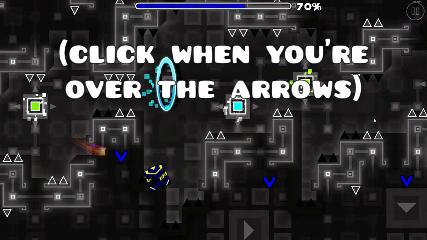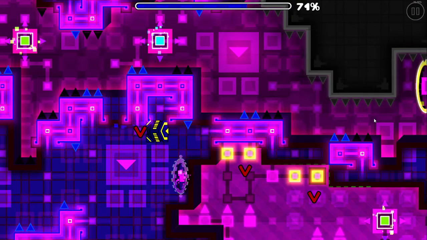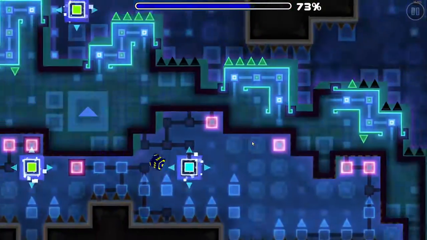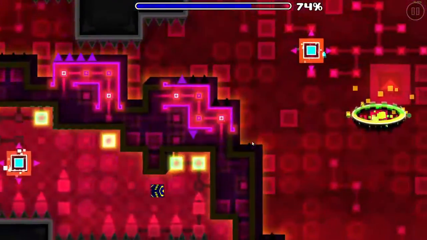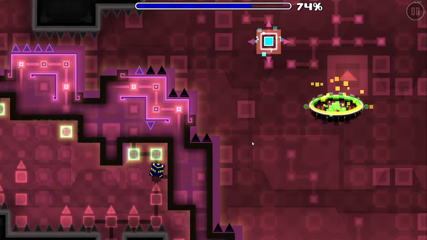When you fall down, click every time you land on a platform until you get to the green orb, where you do click this green orb. After the green orb, you wait until you fall on this platform. Jump off of the platform, hit the blue orb, and just hold until you get to the top platform